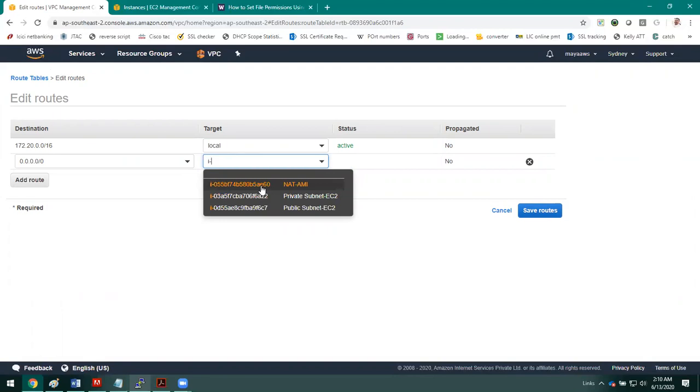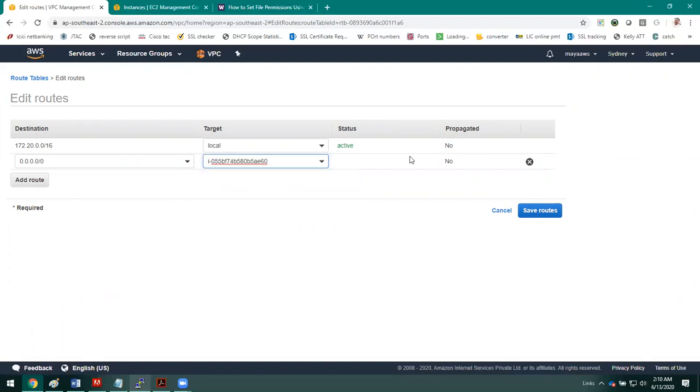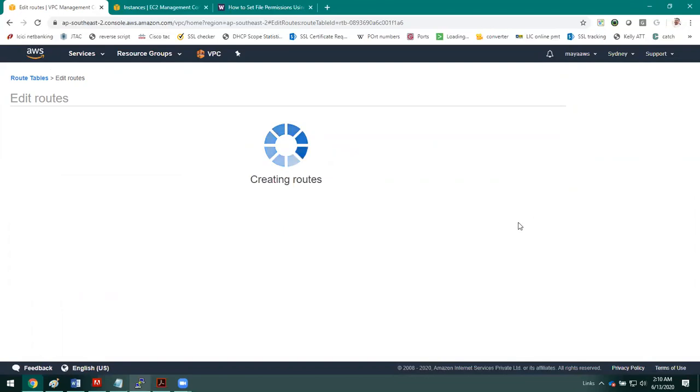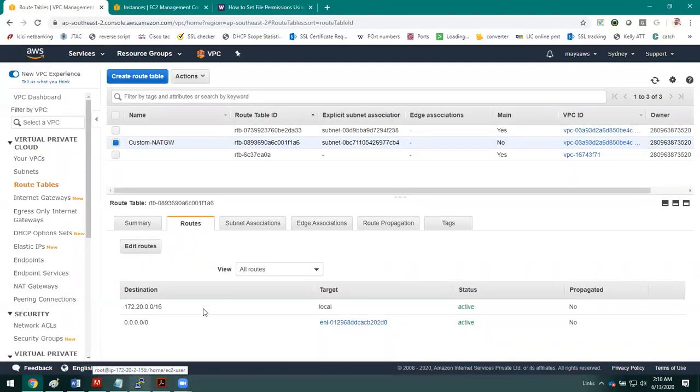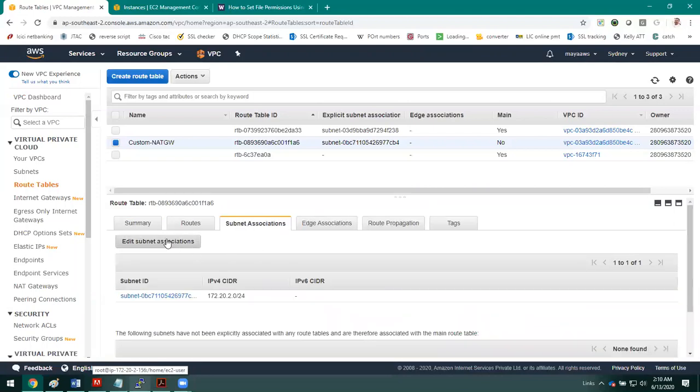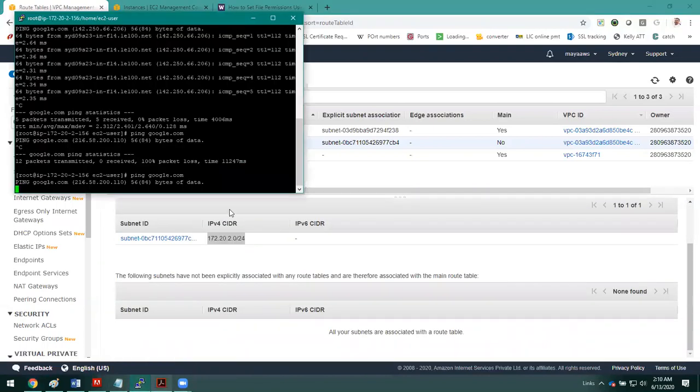So I'm specifying the default route with a NAT AMI. Save the route. Let us see. Yeah. So the private instance subnet has been mapped in the subnet association. Let us verify the internet connection.